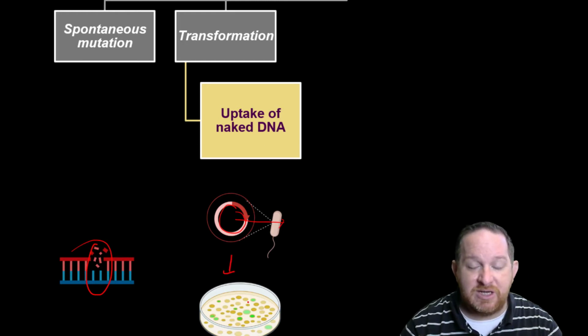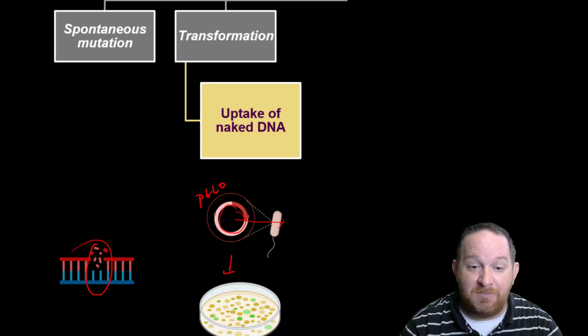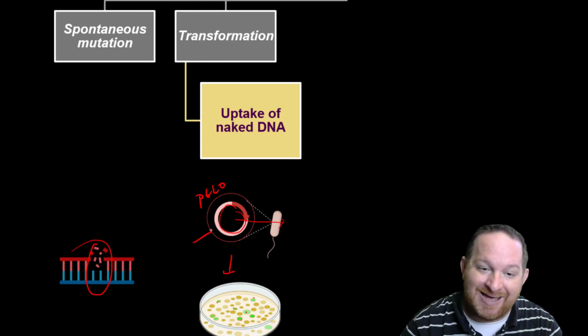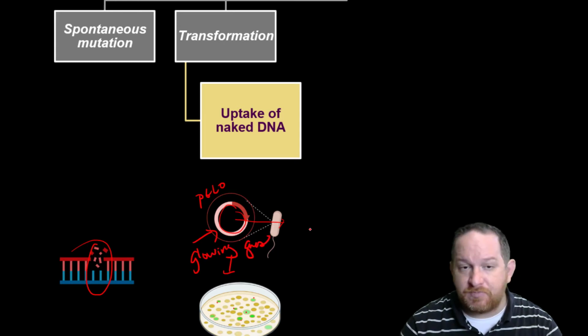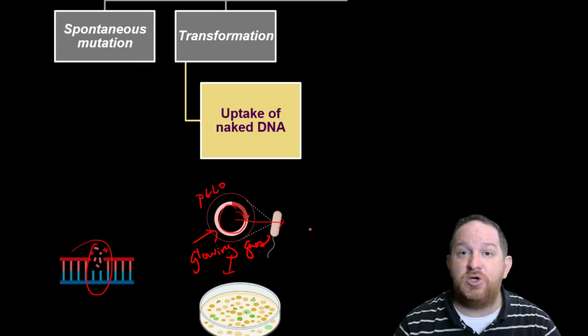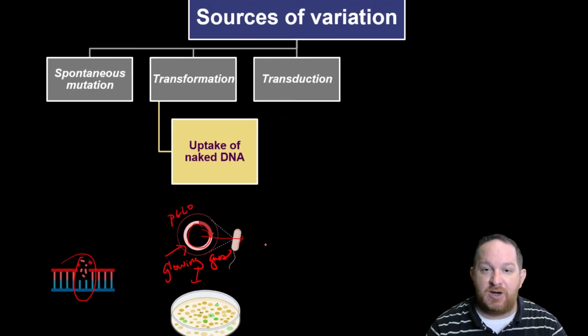And this was the lab we did with the pGLO plasmid. We introduced this pGLO plasmid, which made the bacteria glow in the dark, right? We introduced it, the bacteria took it up, and then some of the bacterial colonies actually glowed in the dark because they took in the plasmid that had the genes for glowing, right? Had the glowing genes. That's called transformation. The bacteria were transformed. They took new DNA and transformed the bacteria.